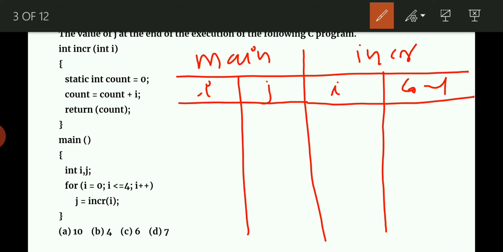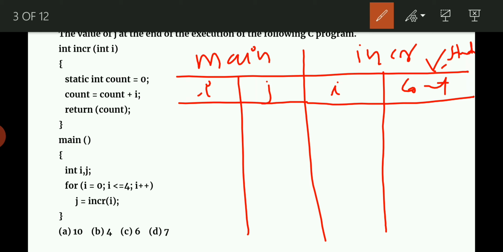And this count is a static variable, which means that if a variable is static in a function, its value will be retained in each and every function call. It will not get reinitialized whenever the next function call occurs.